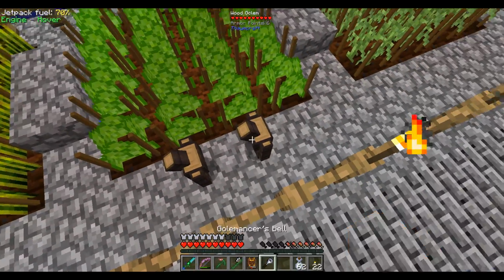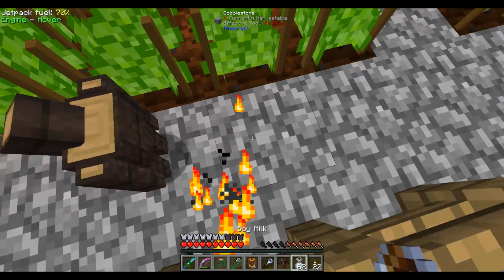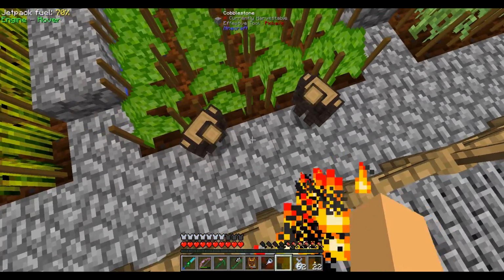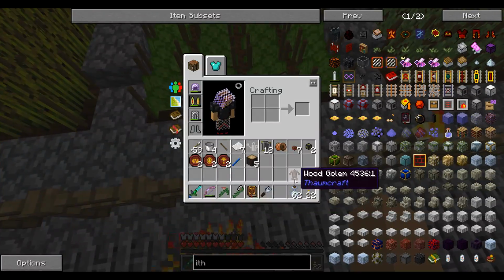And this is also how we can pick up the golems, just by left-clicking on them. So that's pretty cool. So we're just going to place you back down. There we go. So those are their home points. Good. And what we're going to do is